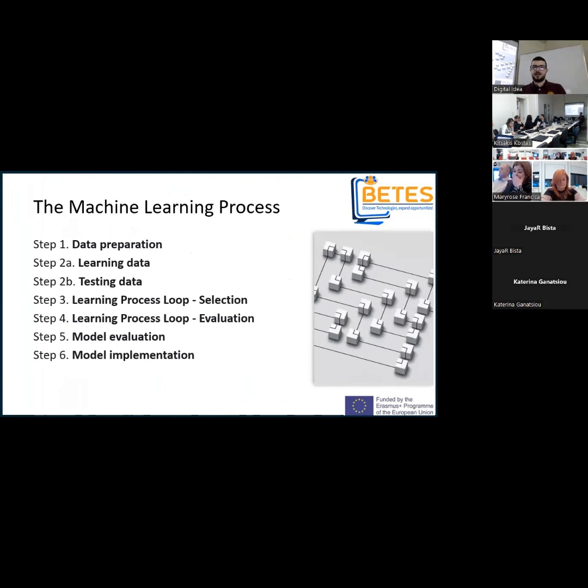Now let's talk a bit more about what the machine learning process is specifically. It can be described by 6 or 7 steps. The first one of which is data preparation. This includes the data cleaning procedures we mentioned and transforming the data into a structured format that we can use later on in order to create, at the second step, a learning data set for use in training the model.